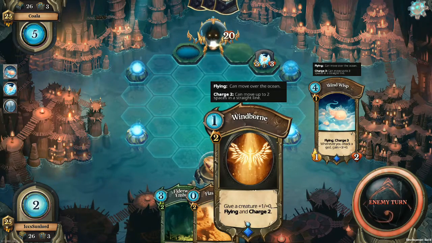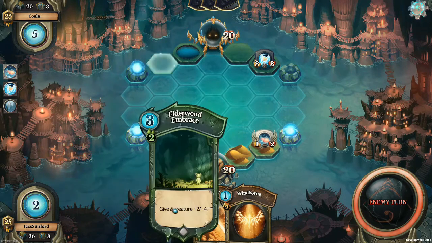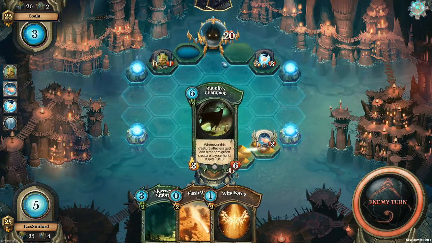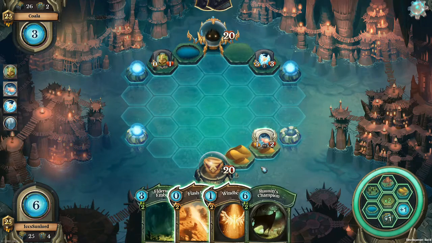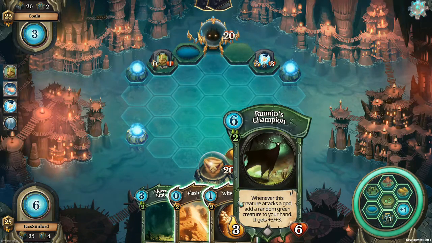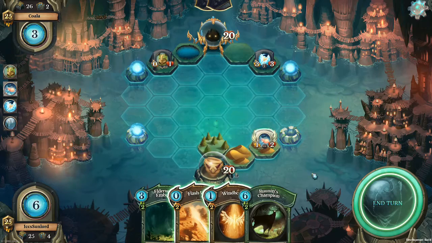Now, it's already got Flying and Charge 3, so Windborn on it would be only for the +1/+0, and that's just not worth it, I think. Elderwood Embrace might be a good idea on him, because he only gets the attack buff whenever I attack a god, which is the enemy himself. Ooh, there's Runin's Champion. Whenever this creature attacks a god, add a random green creature to your hand. It gets +3/+3. That's really good. They changed that, I think. So both of these creatures, whenever I attack a god with any creature, this gets +3/+0. And whenever this creature attacks a god, so I want this to be attacking, I want to give that flying and charge to get it into the battlefield. So what we're going to do, actually, is...